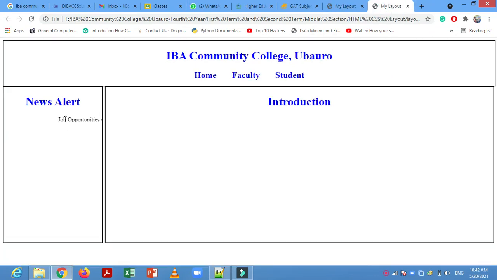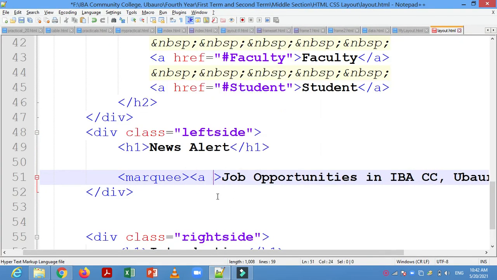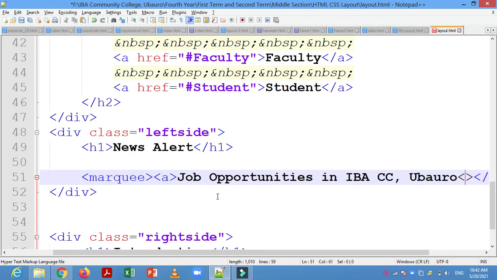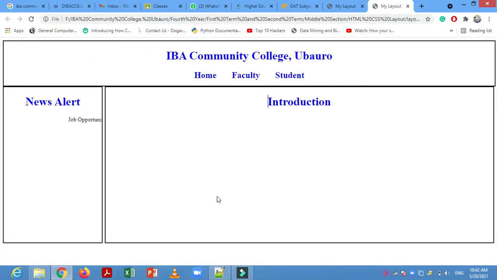Okay, so here you can see this is, so here I haven't given the link, so here I am giving the link. Okay, just close it and here refresh it. Okay, refresh it. Okay, then what we have to do, we have to write down last portion, that is the footer portion.